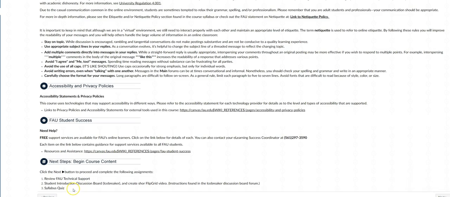And last is the syllabus quiz. So once you've had a chance to go through the syllabus, I expect you to complete your syllabus quiz. You can take it an unlimited amount of times. However, you do need to end up with 100%. Now, the discussion board post, or icebreaker or introductory post, as well as the Flipgrid video and the syllabus quiz are all part of this